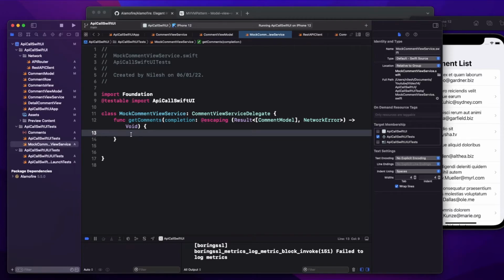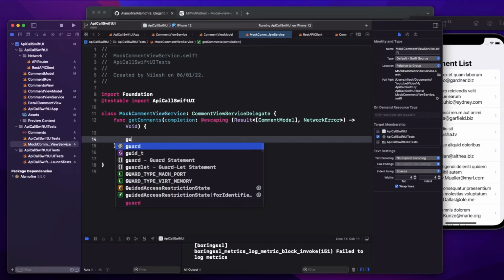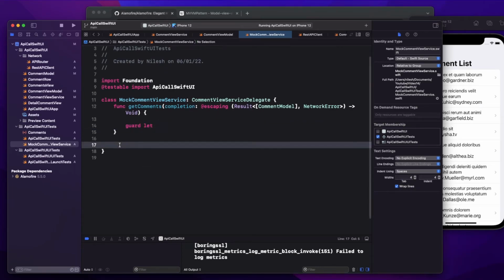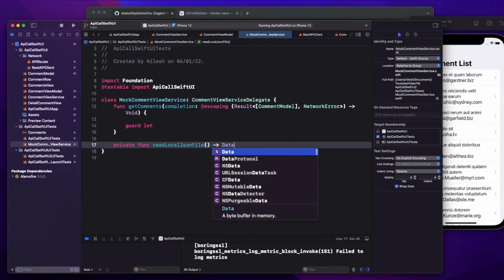So what I'm going to do is guard let. So let's first create a function to read the data. So private function read local JSON file, and this is going to return me a data.